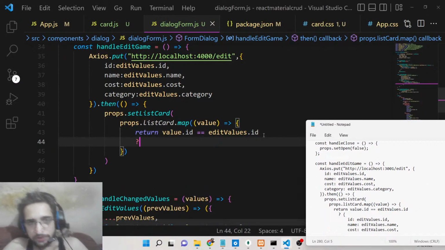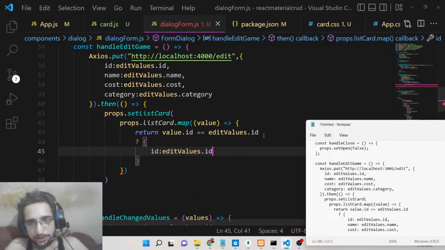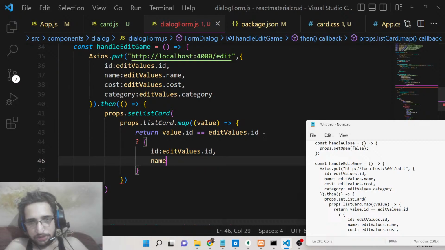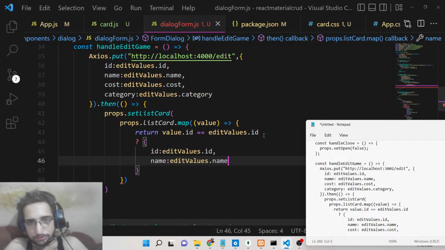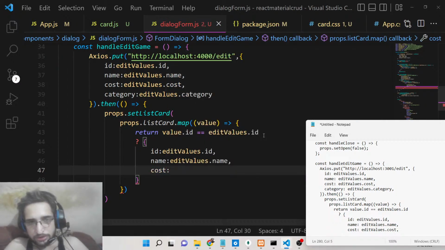And also we will use the ternary operator. If the record is the same, then we will simply have the editValues.id, name is equal to editValues.name, cost is equal to editValues.cost,